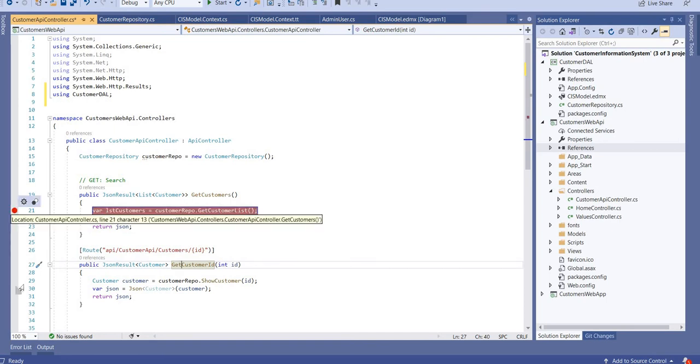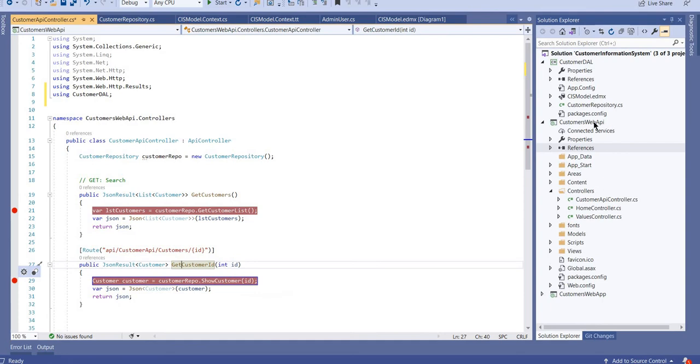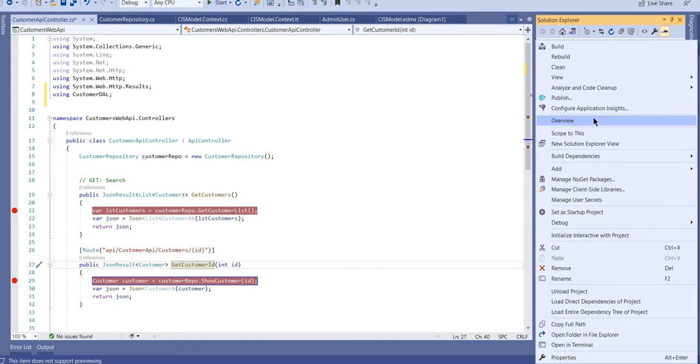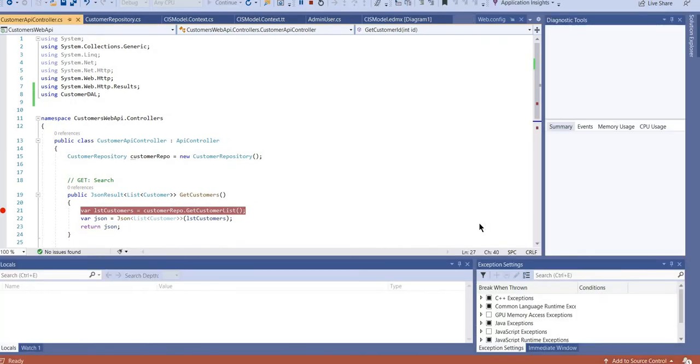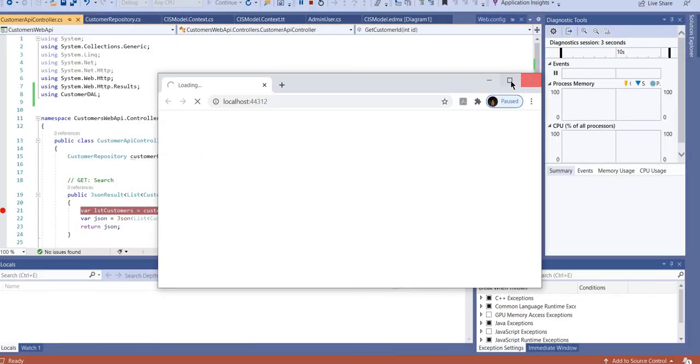So once it is done, let's test these methods. What I will do is right click on the web API, go to Debug, Start new instance. Remember, my port is 44312 for web API.